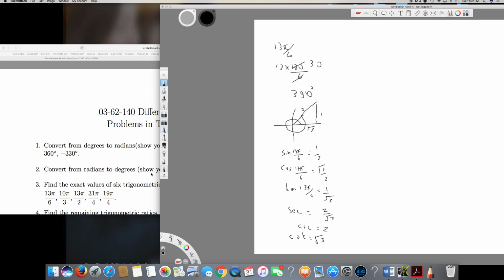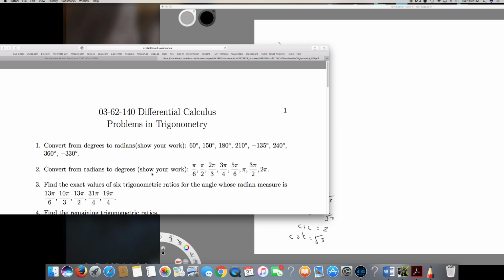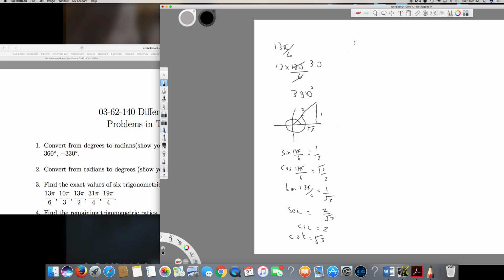And the next question is asking what is 10 pi over 3, and to find that one, 10 times 180 over 3. So 3 times 6 is equal to this one, and 600 is our degree. 600 degrees means we have to go all the way one round. So from 360 how many more do we need? 240. 240 means we have to pass through this line right here and 60 more degrees. So in this case it's going to be equal to 60 degrees,